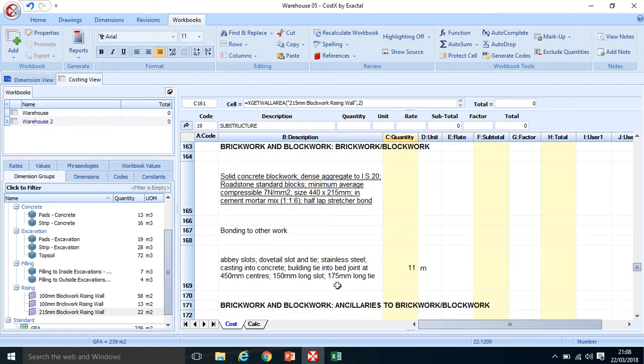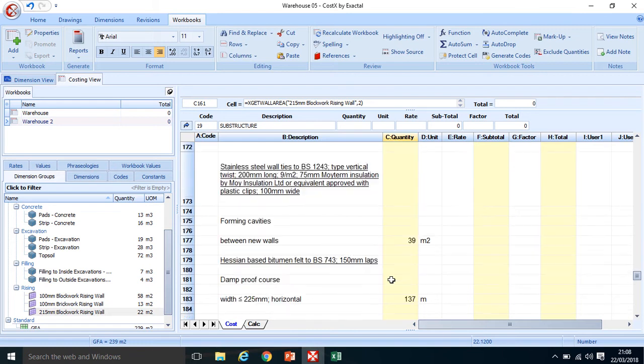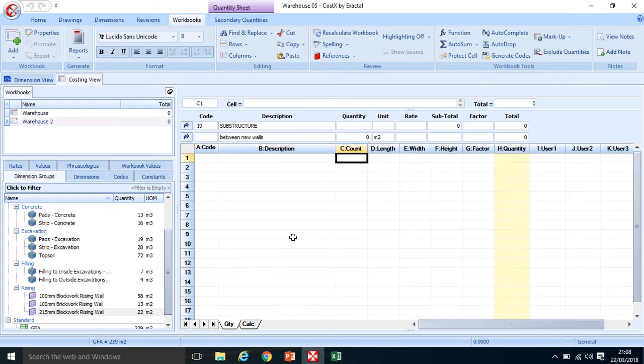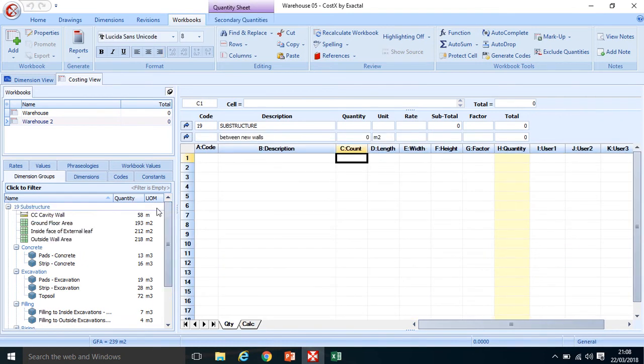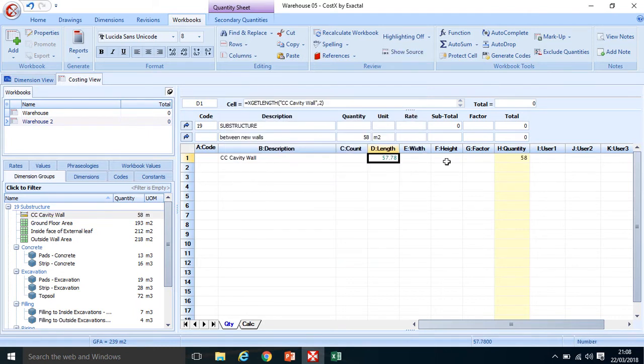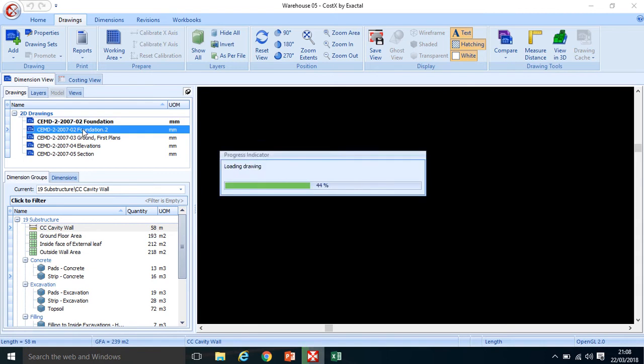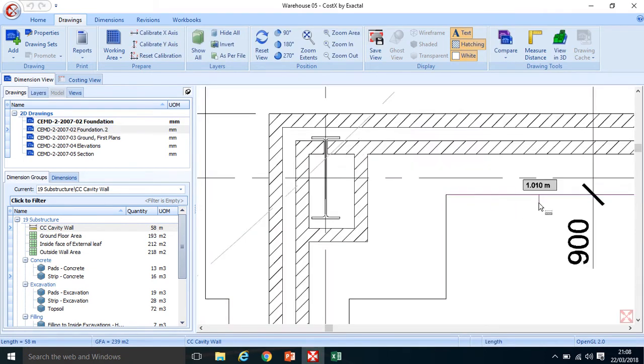The bonding to other work, I'm just going to leave for the moment. That can be measured as well. The forming cavities, I'm just going to delete that, double click in, use my center line again of my cavity wall, drop it in there as a length. And what height am I going to use? I'm just going to go back to my dimension view, click on my foundations,